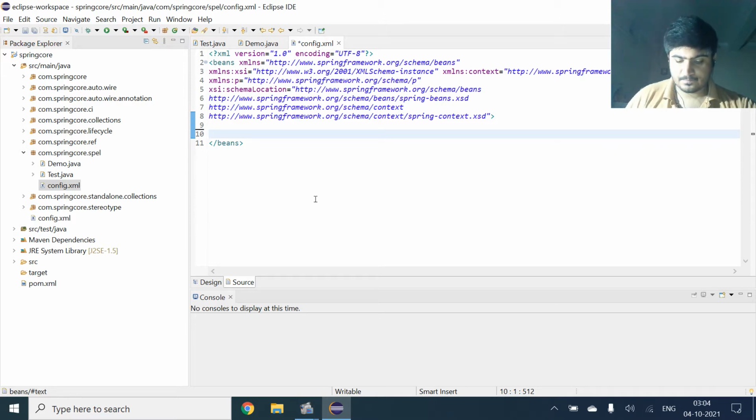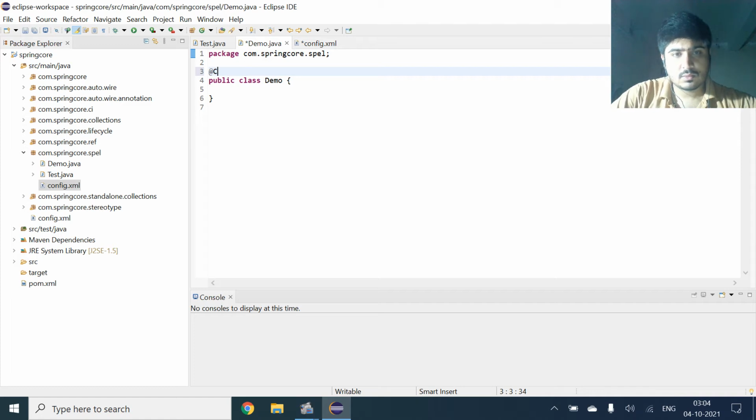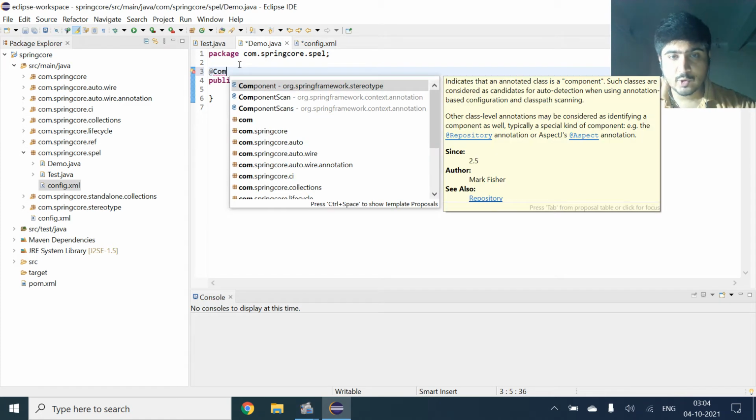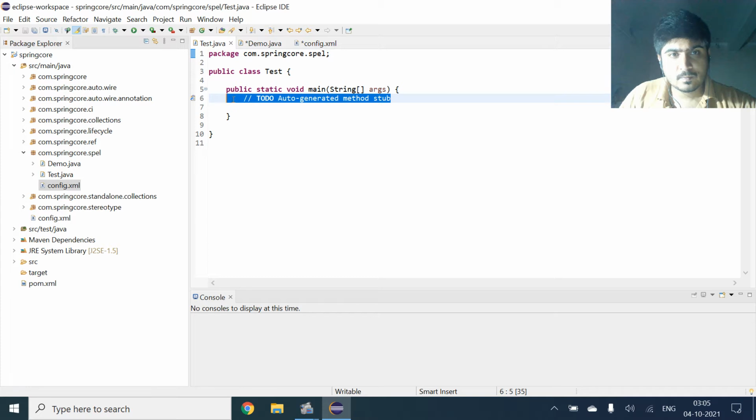I will come to my demo class and add the component annotation. We are telling it to create an object for this particular class. By giving the component annotation, it creates the object, importing org.springframework.stereotype.Component. Now we come to the configuration.